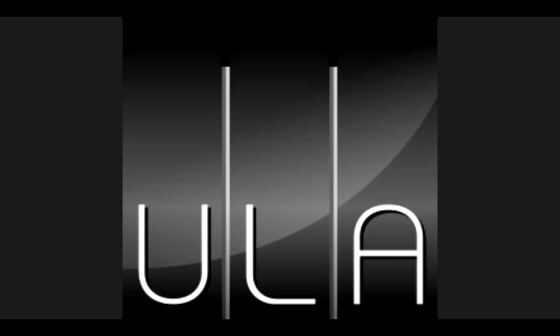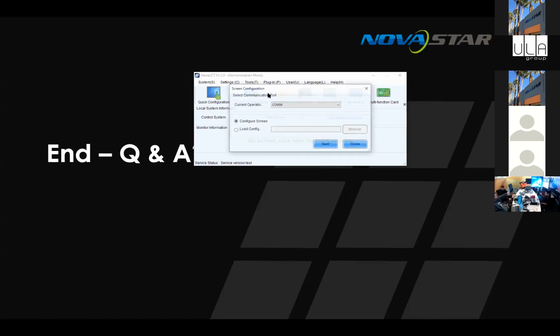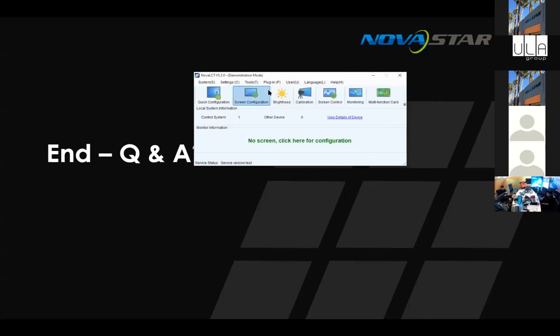Actually, one thing I might just show everyone, I'll just fire up LCT, stand by, and talk about blank cabinets in the screen configuration that some of you may not know about. Okay, so obviously when you go in here, I'll just go into demo mode.